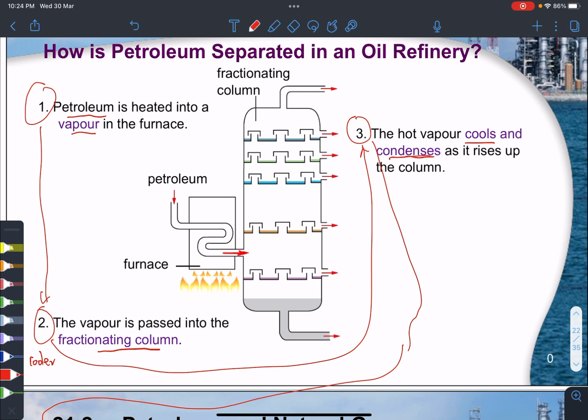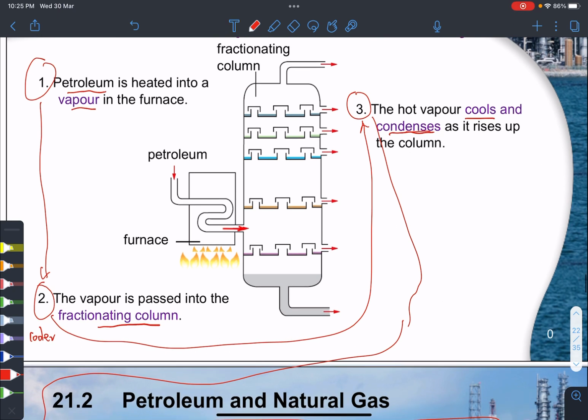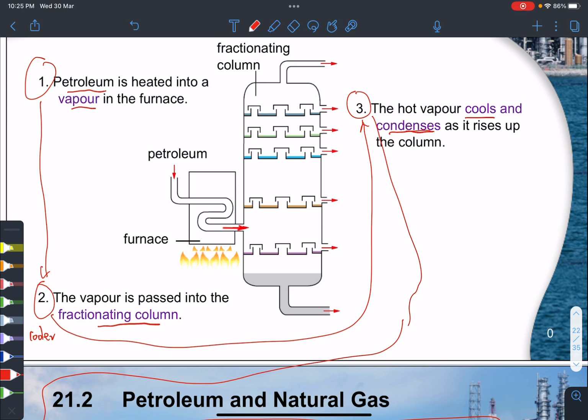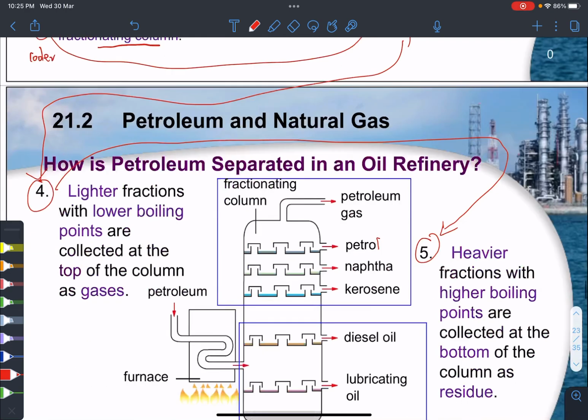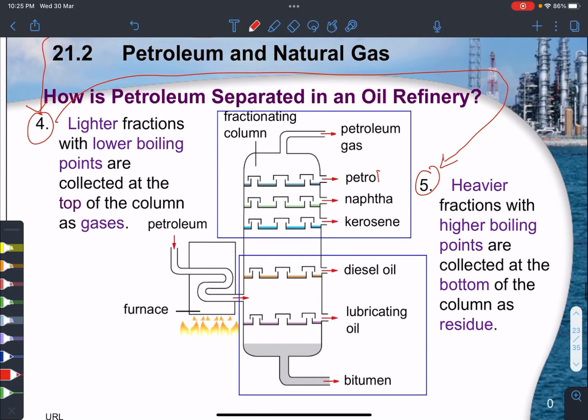So the thing boils, becomes gas, goes into the fractionating column, which is colder. Now it cools and condenses. Not exactly rocket science. Then what happens next? Technically you're done, right? But you have to tell me some more things to warrant that 2 to 3 marks. What is the extra thing? You need to tell me that